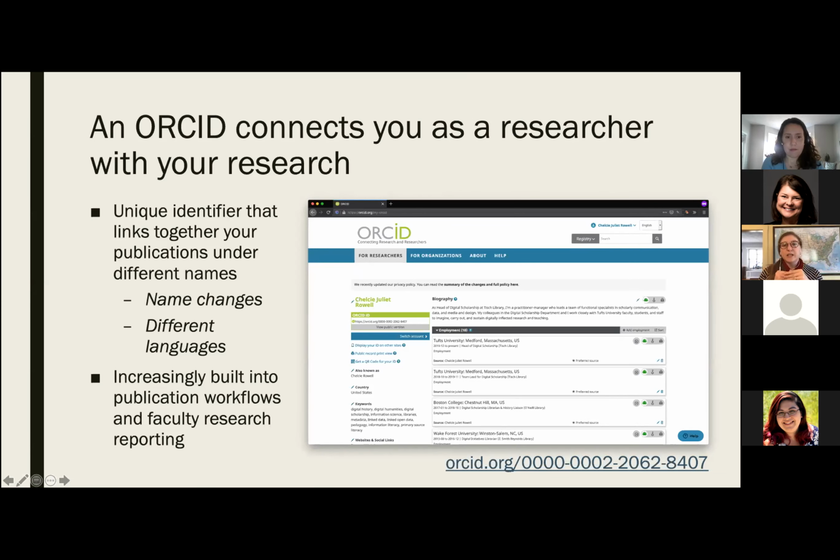And this unique identifier stays the same even if your name changes and even if your name is represented differently in different languages. And increasingly, it's built into publication workflows and faculty research reporting. So just as a quick example of that,